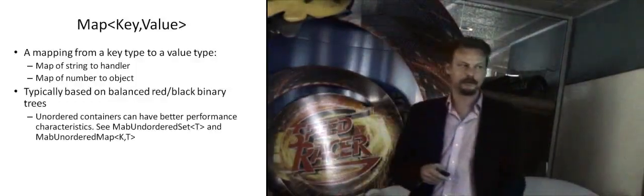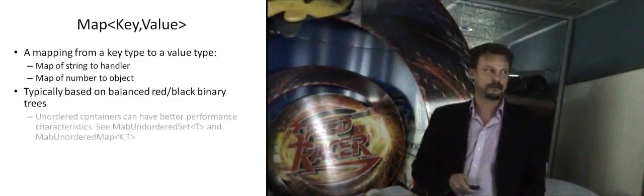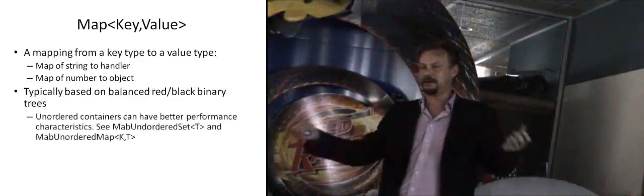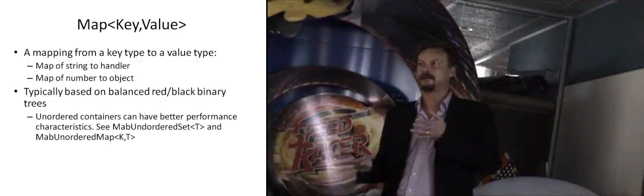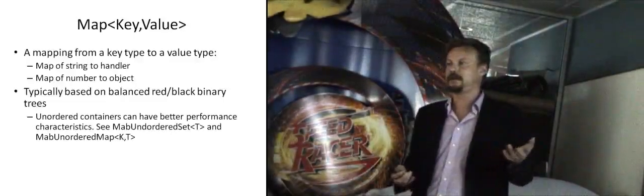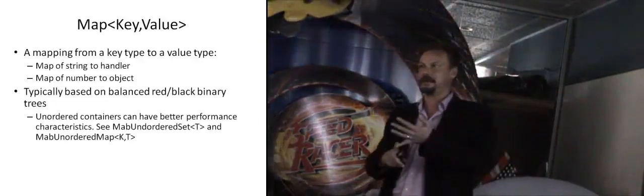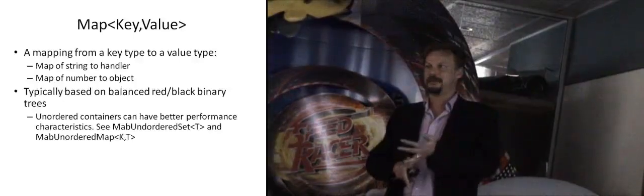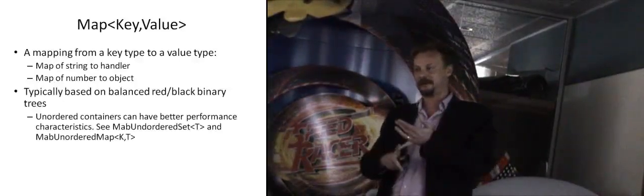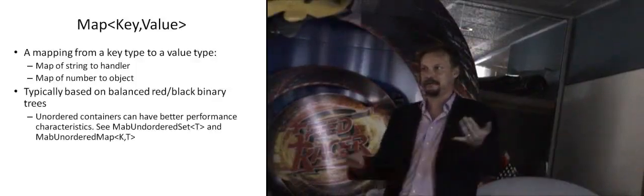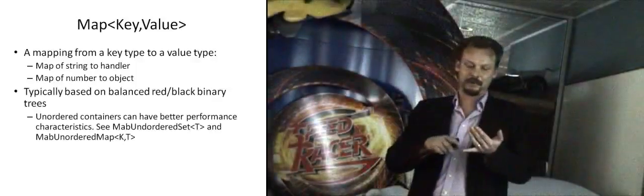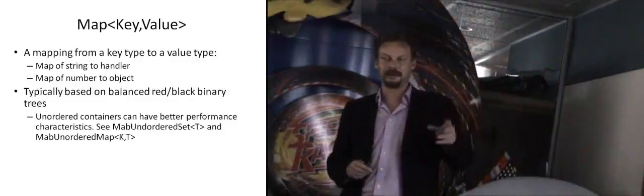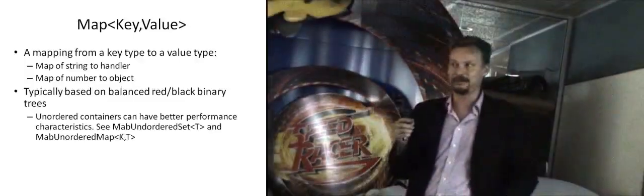People may not realise that set and map are ordered. So when you add things into a set, it's not only a collection of things, it's actually ordered, which is doing extra work possibly than you really need. All you really want is a set of things. You want it to be unique, you want fast lookup on whether or not this object exists in it. But you don't really need them to be ordered. So you've got constraints there. It has to have an operator less than to go into a set, for instance. There's no other way. It's a requirement on the concept used by set that any type you give it has to have operator less than defined. Not only that, it has to be strictly ordering.